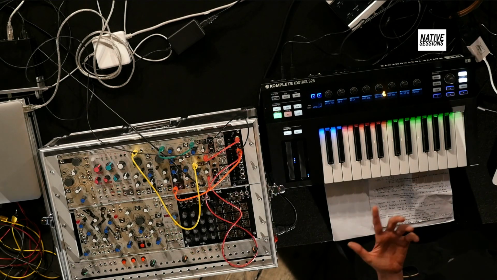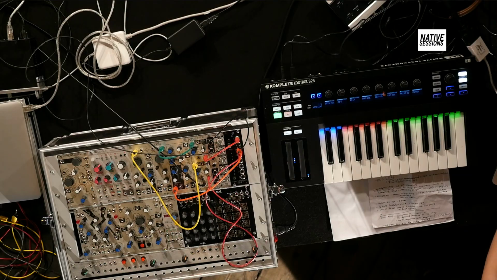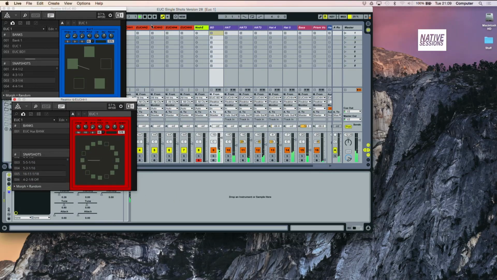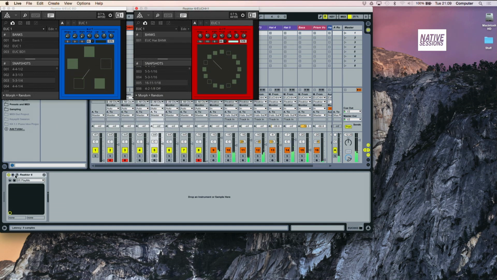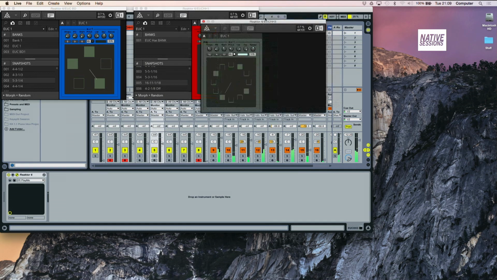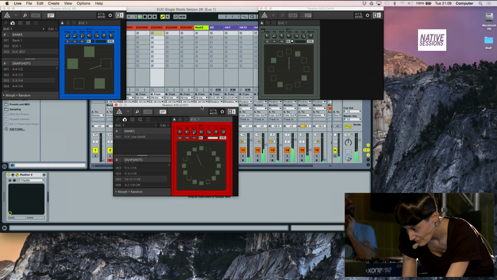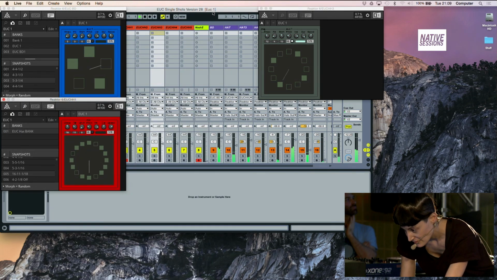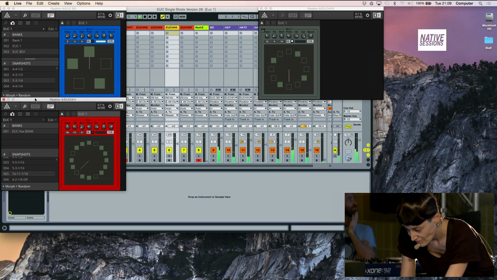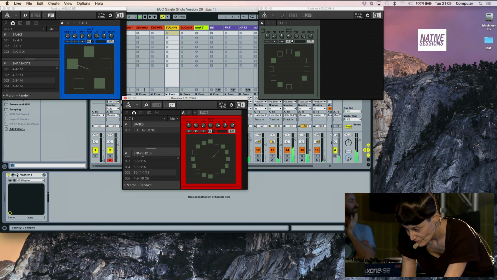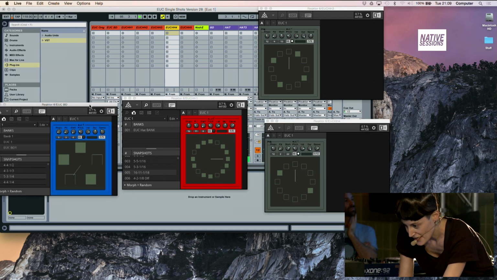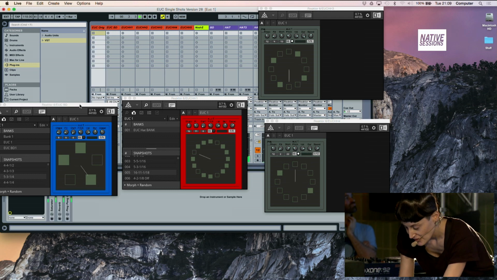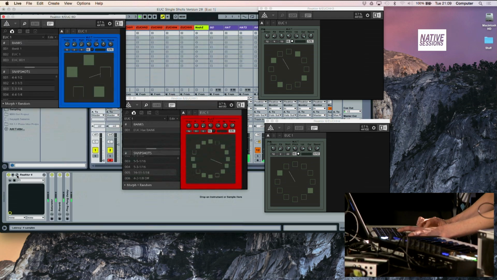And if I show you what's happening on the keyboard, on the computer, these are all the sequences that are now running in my session